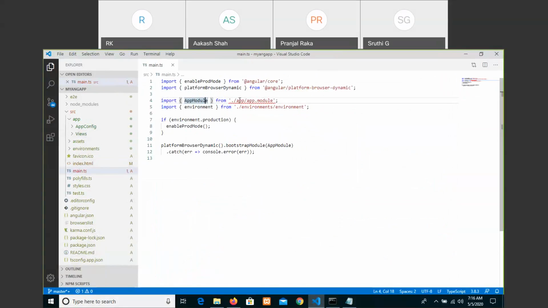Previously, app.module was directly located in the app folder itself. But now it is located in app config and then app start, like this.